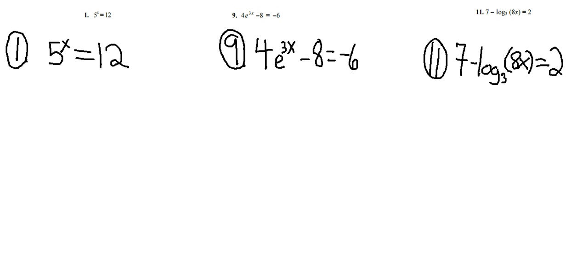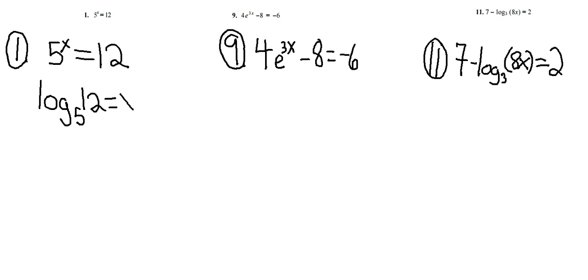So, number one is 5 to the x equals 12. This is a very basic one, but I just want you to see another example since it's been a couple days. When you have a variable exponent to solve, you have to put it in log form. So this is the base of the exponent, and then this is the power. When you put it in log form, the base of the exponent is also the base of the log. So we're going to get log base 5 of 12